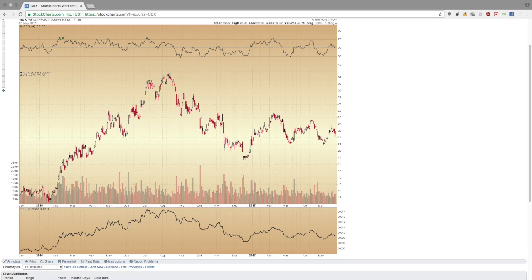The candle refers to a specific day of price action. If you'll notice, the GDX has failed to really exceed this level here. You just made a brief attempt to overcome this 25.5 level, but a failure to do so thus far. So when you see a strong down day on high volume, the market will often have trouble exceeding that level on the next attempt. So this explains why we are seeing the GDX consolidate now.